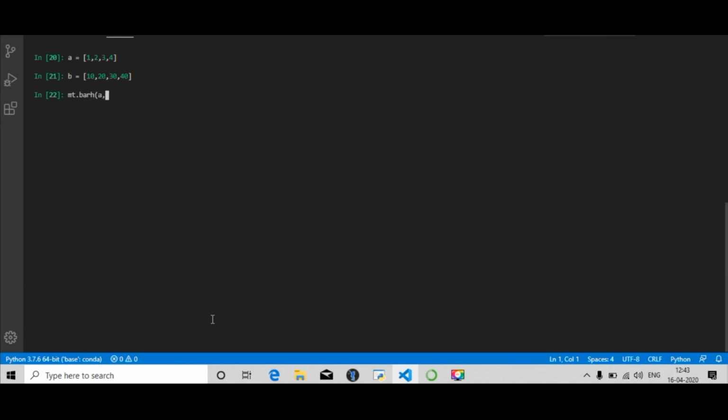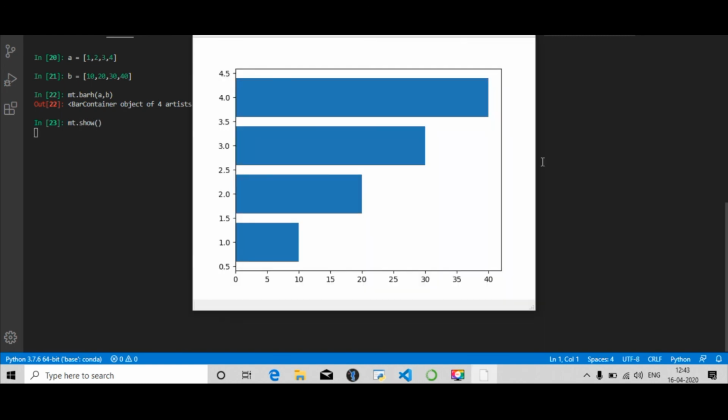The x and y axis have to be given here. When I give plt.show, this window will pop up and show the horizontal bar graph. So these are the basic uses of all these libraries.